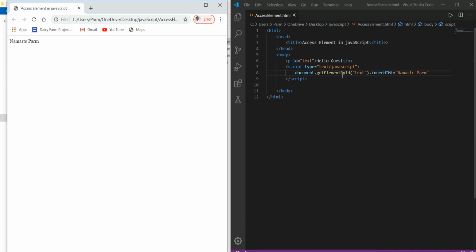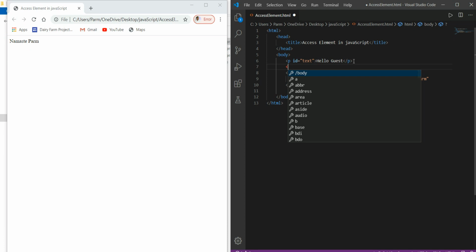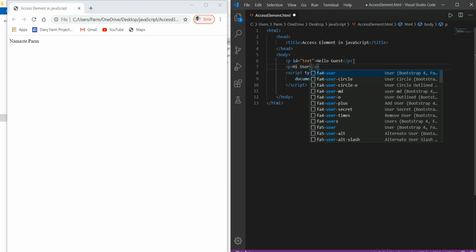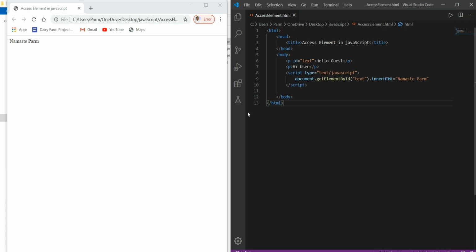Try to understand this once again, for your convenience I'm explaining it once more. Here document means that we are doing something with this document. In this document we have to get the element by its ID. If we write another paragraph over here and simply write hi user, save it and refresh it, hi user is displayed over here.